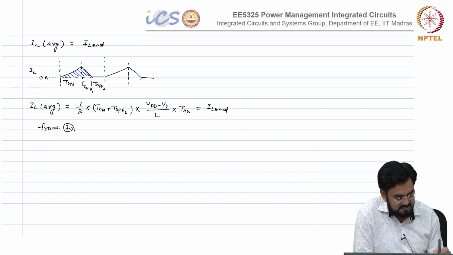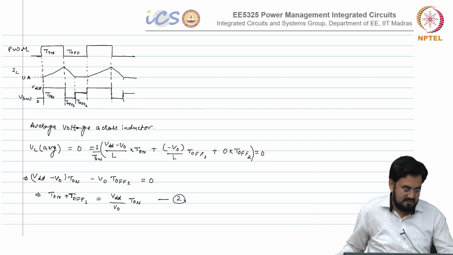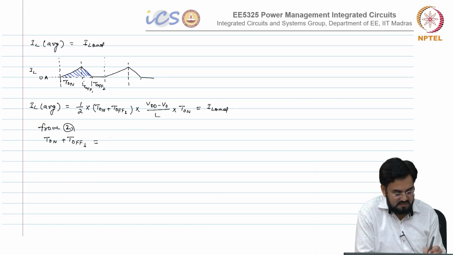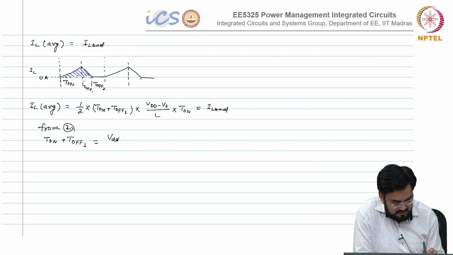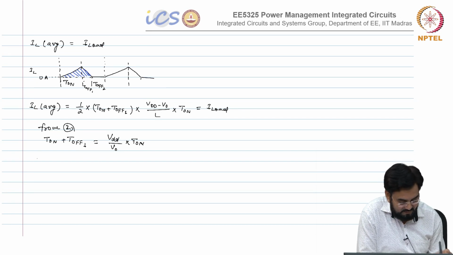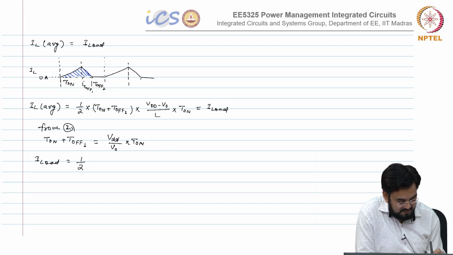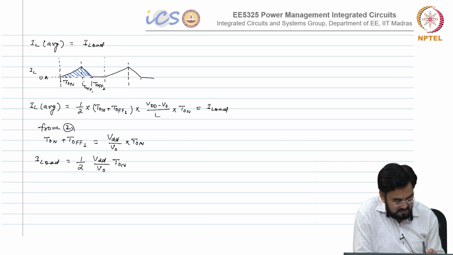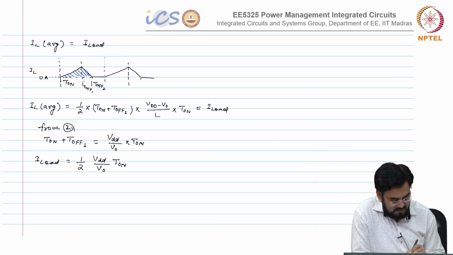From the second equation, T_on plus T1, how much is that? VDD over V_out into T_on. So we need to substitute this. So I_load equal to half of VDD over V_out T_on and